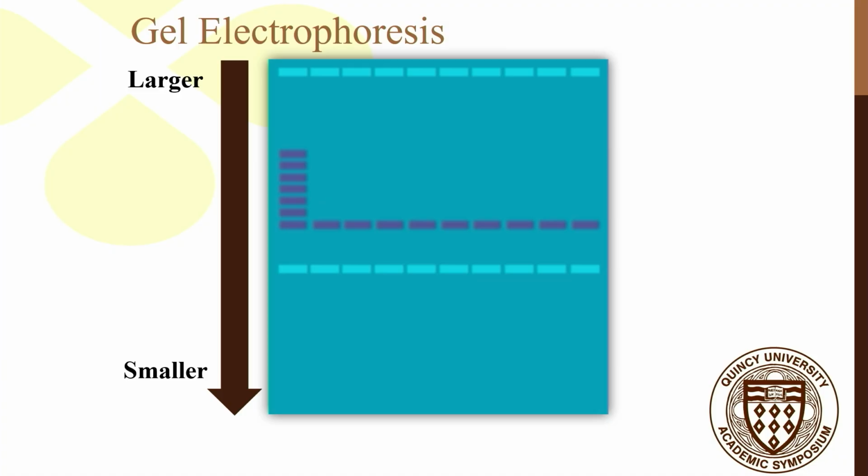As for gel electrophoresis, I would like to acclimate everyone to the top of the screen and towards the middle, where you'll see these light blue rectangles. These are going to be the wells, or where we are going to load the DNA into the gel. Once we do that, we'll then apply a voltage and a current, and depending on the way of thinking, we are either going to be pushing the DNA or pulling the DNA through the gel. The main thing is that the larger the DNA fragments are, the higher up, more towards the wells that they will be, and the smaller DNA molecules, the lower, farther away from the wells that they will be in the gel.